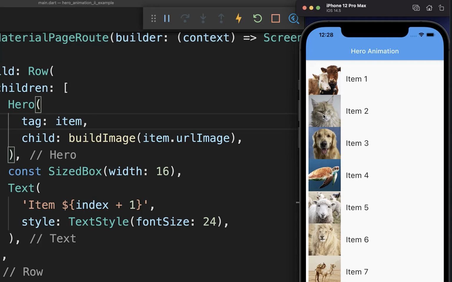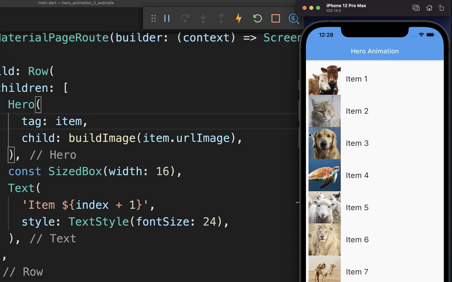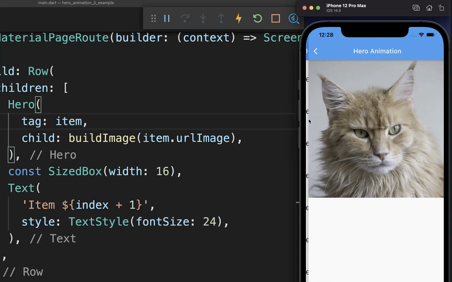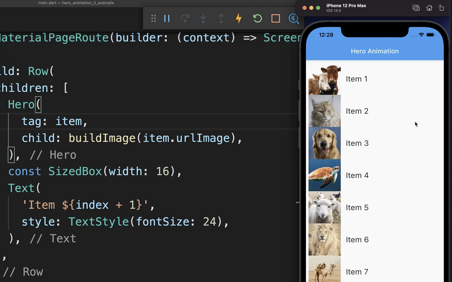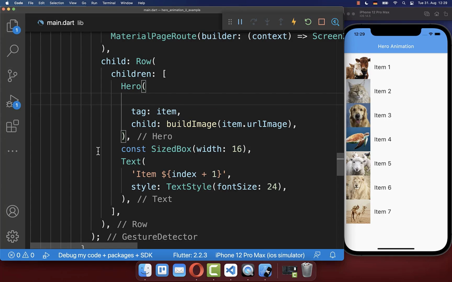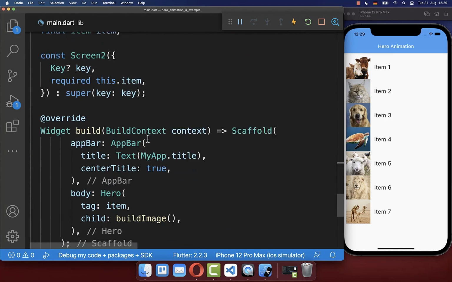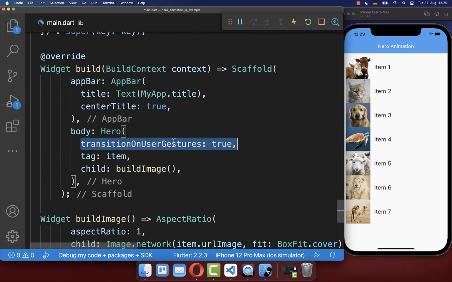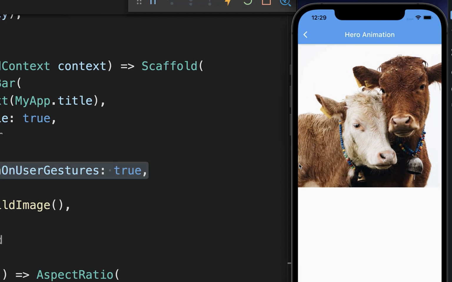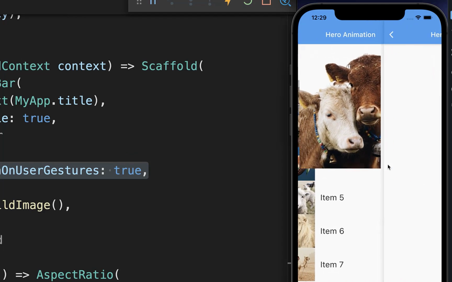On iOS, it is also working with the flying animation if we click also on this back button. However, if you navigate here through the swiping back, then we have not this hero animation. If you want to have the hero animation also on swiping back on iOS, therefore you set here this transition on user gestures flag to true. And this is what you need to do then for both of your hero widgets. Also go to your second screen and also set here this flag to true. And with this, if I navigate here by swiping back, then you also see that we have here this hero